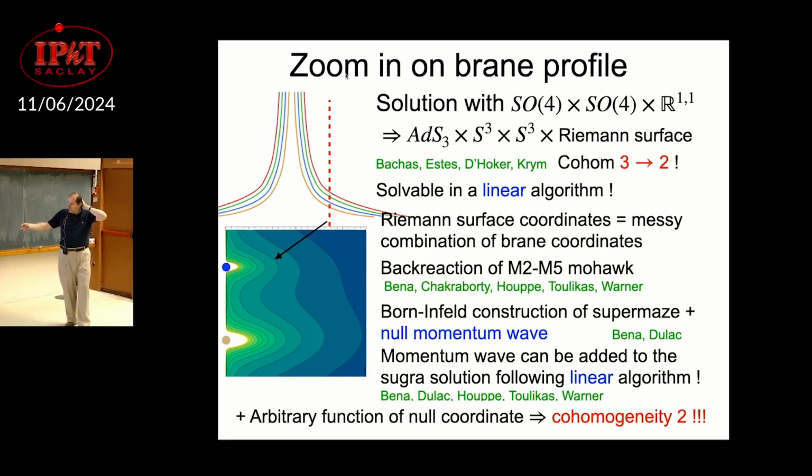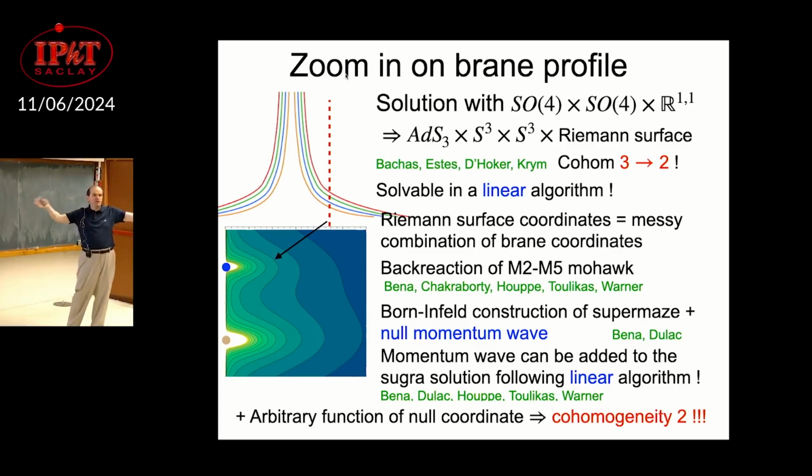And what we found recently is that you can put the momentum wave on the supergravity solution by following a linear algorithm. So you can solve Monge-Ampère if you're very powerful, or you can take one of these solutions and reinterpret it as a Monge-Ampère solution. And then given that solution, you can add momentum using a linear algorithm. Adding momentum doesn't screw up the rest of the background. You have a background solving some equations, and on that background you can put momentum, and you don't screw up these equations. It's really something which one can do linearly.